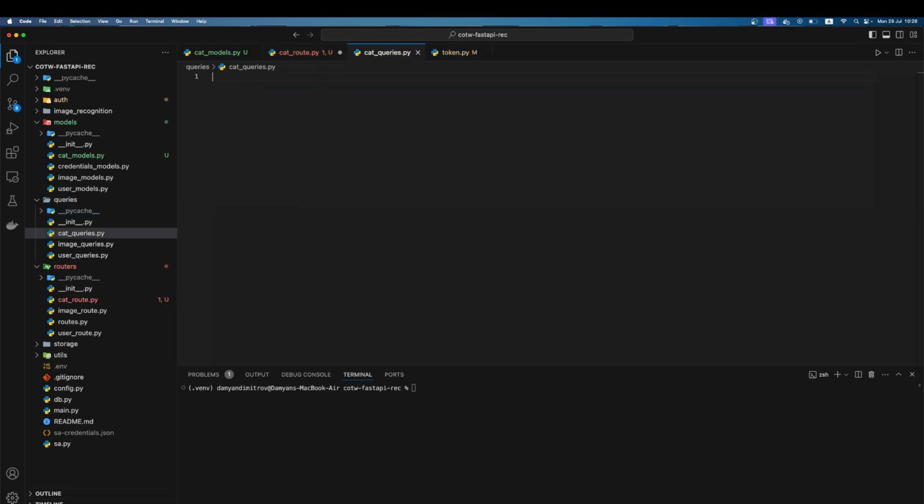Okay, and here in cat queries I will import db from db. Yes, okay. And here I will write an asynchronous function which is insert next round cat. Let's say it's nrc, to be next round cat, because if I write next round cat, I think it's already descriptive. Okay, so insert